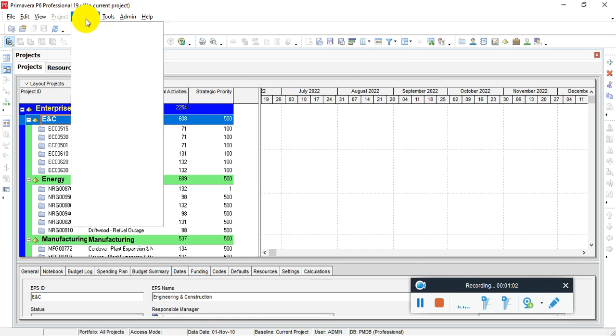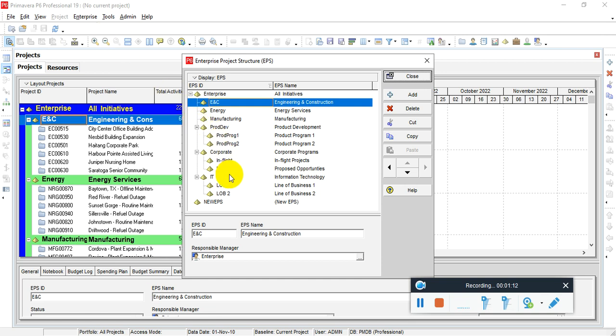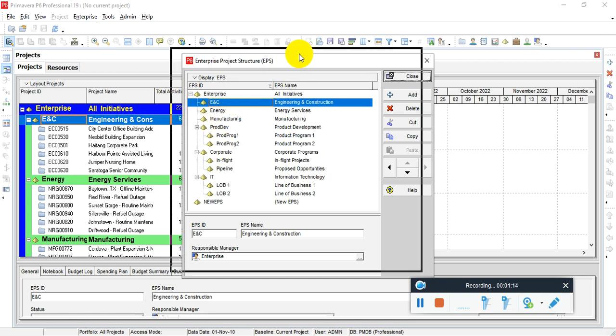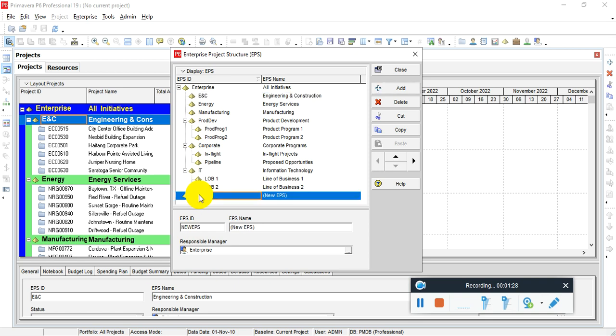When you click enterprise, you will see the same symbol with enterprise project structure written. Now we will click this one. This tab will be opened. So we will learn how to create enterprise. In order to create enterprise project structure, we will click this one, new enterprise or new EPS. When we click this one, this will show you